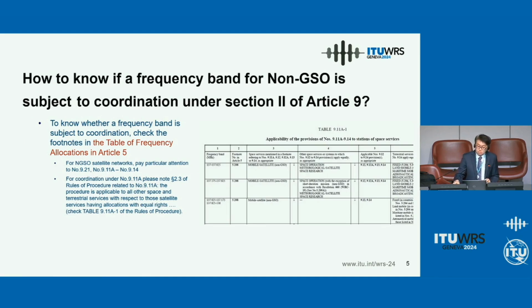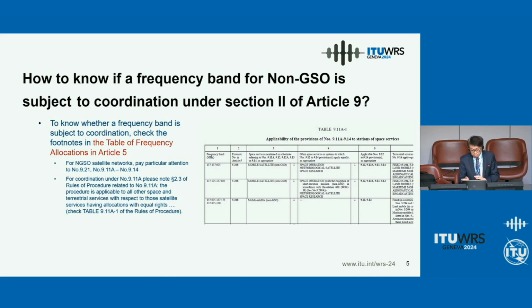So how do you know if a frequency band is subject to coordination? You have to check the table of frequency allocation and read the footnotes or the detailed footnotes to see if there is something that says it is subject to agreement under 9.21, it is subject to coordination under 9.11A, and so on. But pay attention, especially for 9.11A, in some cases you may not get the direct message from the footnote.